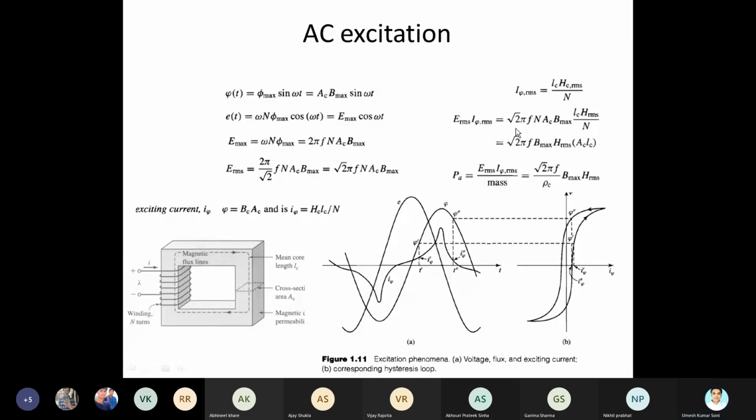So the power is given by this equation. So the power per unit mass, okay, the RMS power per unit mass is given by B max H RMS root 2 pi f upon rho c. This is the volume density. Volume density means how much mass is in how much volume, okay. So here you can see that